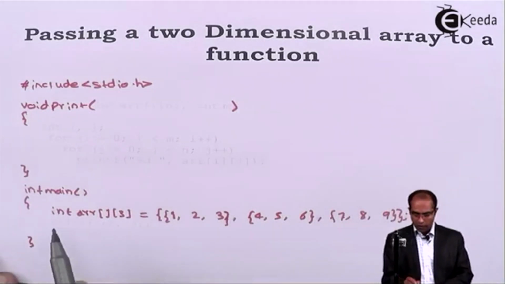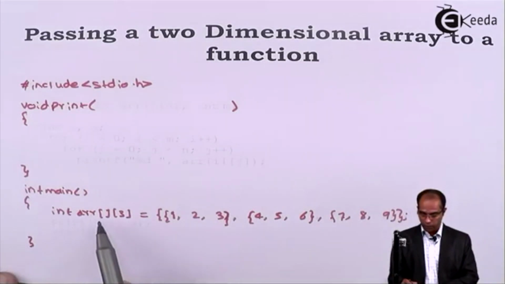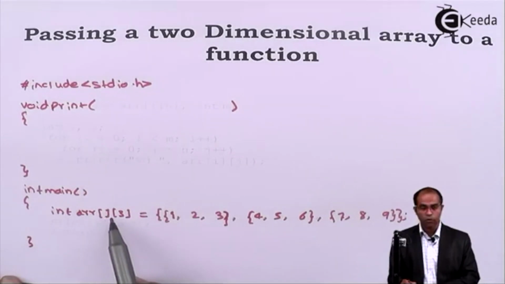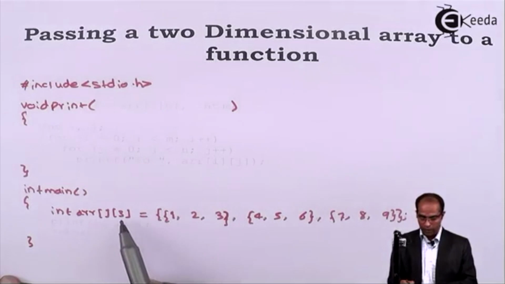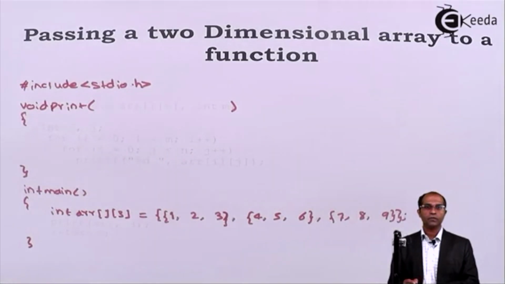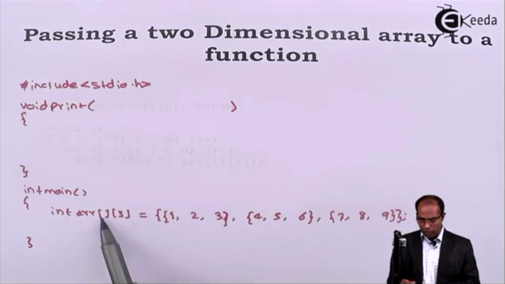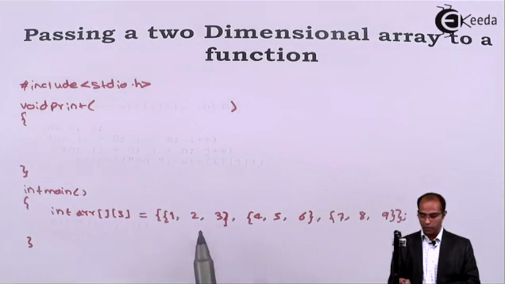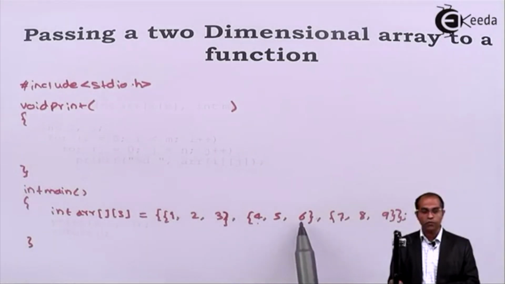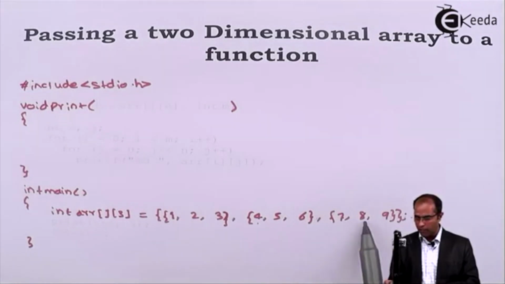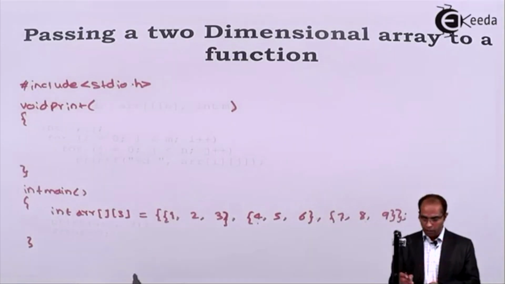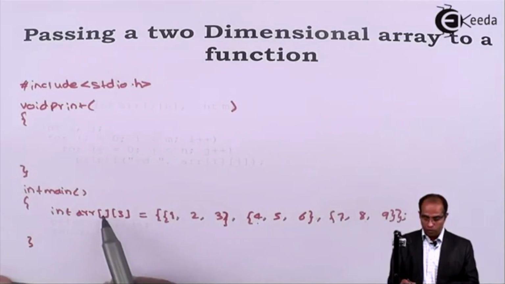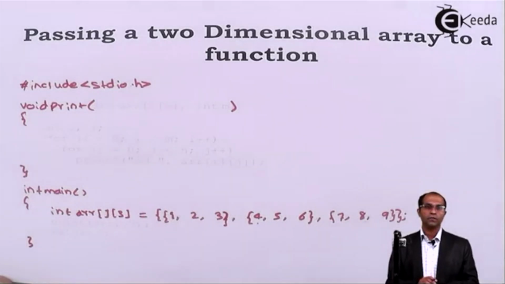Now, assume that I have an array declaration which has got some rows unknown. Let the compiler calculate this particular unknown value, and three columns in this. For the first row, I have these elements. For the second row, I have 4, 5, 6 as elements, and for the third row, I have 7, 8, 9. So the array declaration now contains a total of 3 rows and 3 columns, right? So with the 3 rows, it means that the first bracket goes as 3.